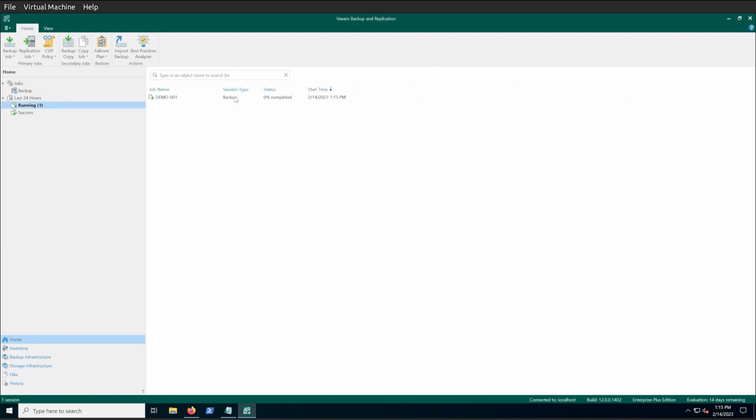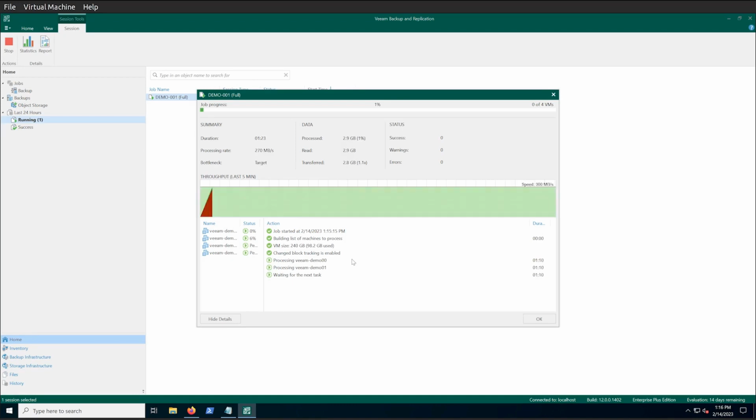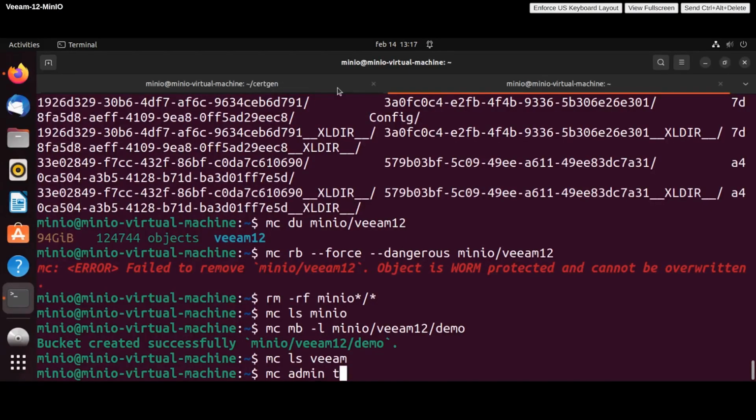Veeam in the background is doing some probes to the object storage and saying, are you available? Is the bucket that I need there? Does that bucket have the ability for me to write objects, et cetera, et cetera? And so to verify that, we actually have our MinIO client, which is a command line utility that lets you do administration functions and puts and gets and S3 API calls in a very simple manner back to the object storage. And if we go to the command line and we run this mc admin trace,